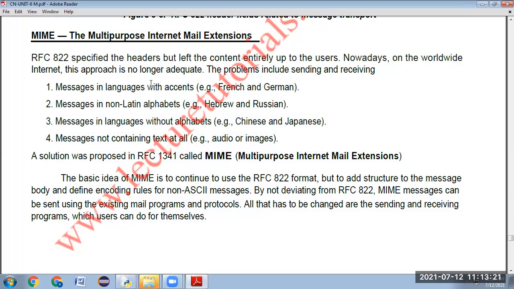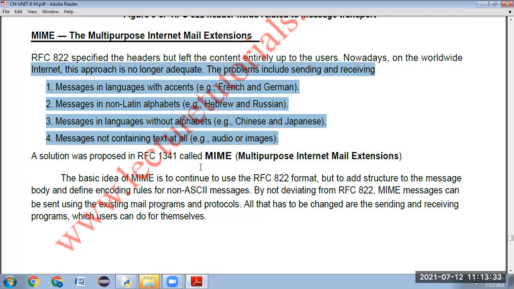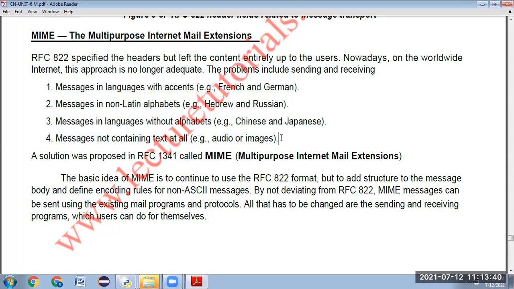Messages in different language accents, non-Latin alphabets, languages without alphabets, or messages not containing text at all: the content part of the email, the message part, does not support these things. Only normal English, US or UK English, is supported. The remaining ones are not supported. This is the situation up to RFC 822.